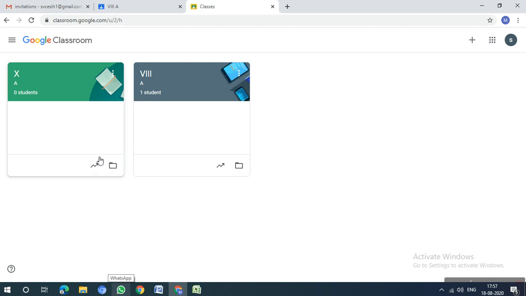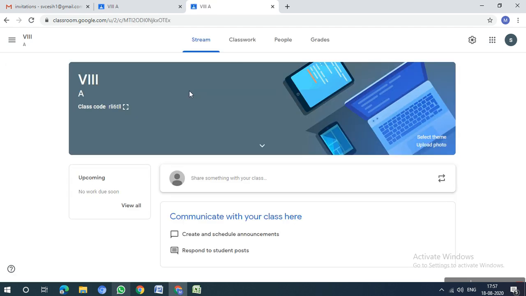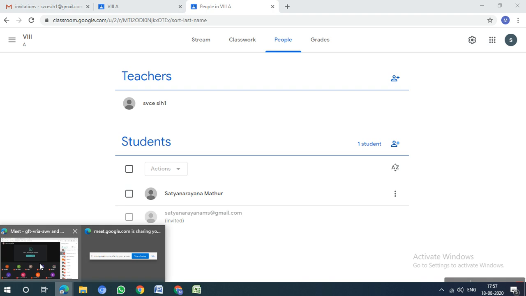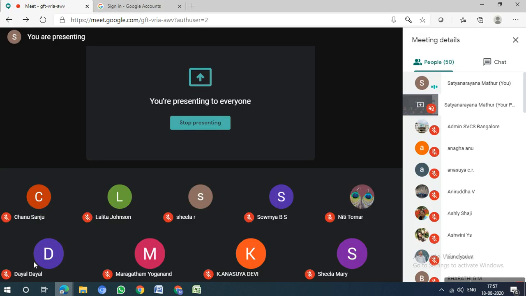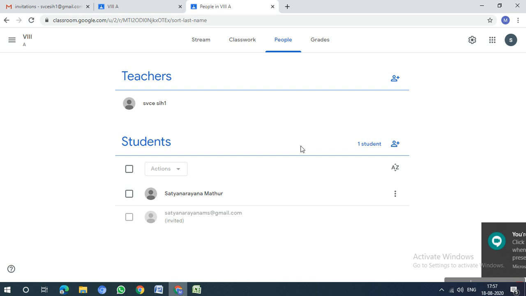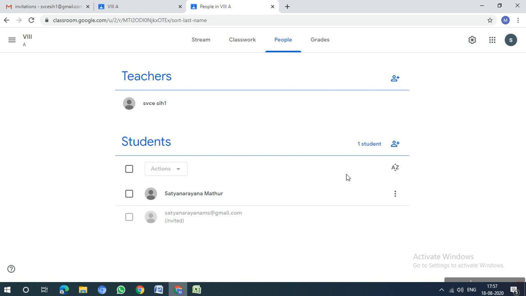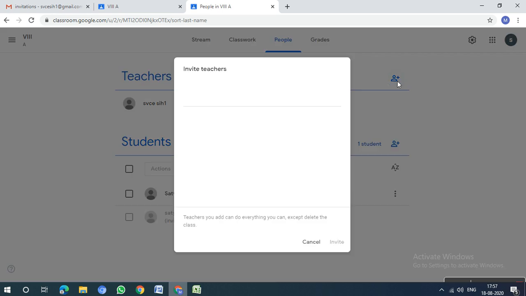Yes. So like this, we can create multiple classes for one teacher or one particular faculty who is handling multiple subjects. Now, let madam come with a question; meanwhile, I am going to show you something. Suppose one subject is handled by multiple teachers. If the same subject is handled by multiple teachers, you can add multiple teachers here. You can see here, invite teachers.